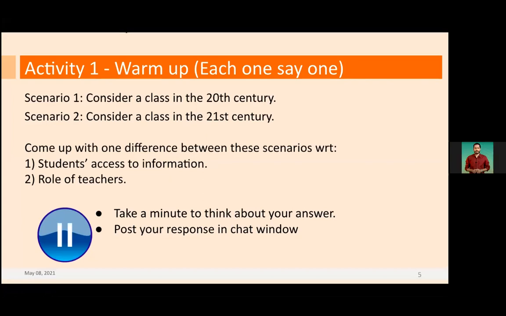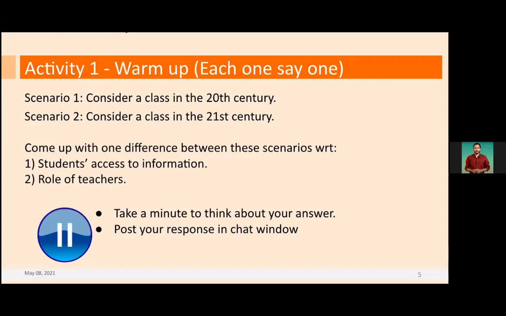Hello, sir. I would like to say something about it. At present, the role of a teacher is more related to things which are not easily available to students on Google. So the teacher has to develop in areas where the importance of the teacher is reflected, not the importance of Google. That is the major difference observed in the 21st century. The teacher has to upgrade so that students rely first on teachers rather than Google. Great, that's a very interesting point. Thank you.